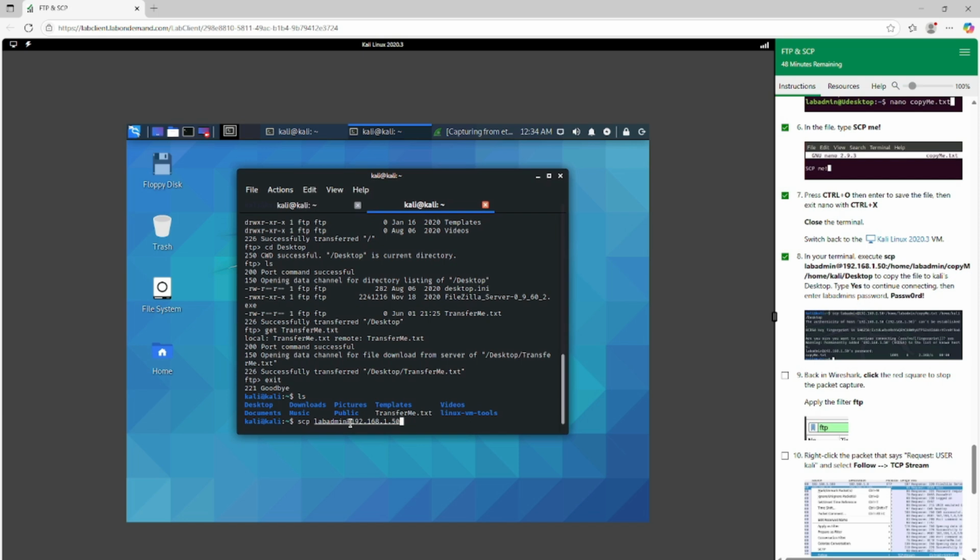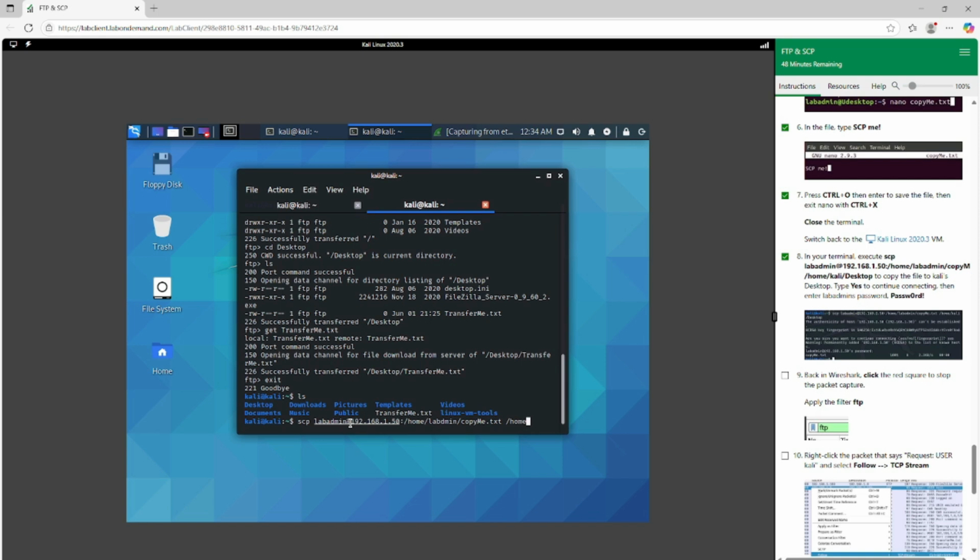So it's going to be colon, /home/lab admin/, the file name, which is copy me.txt, space, /